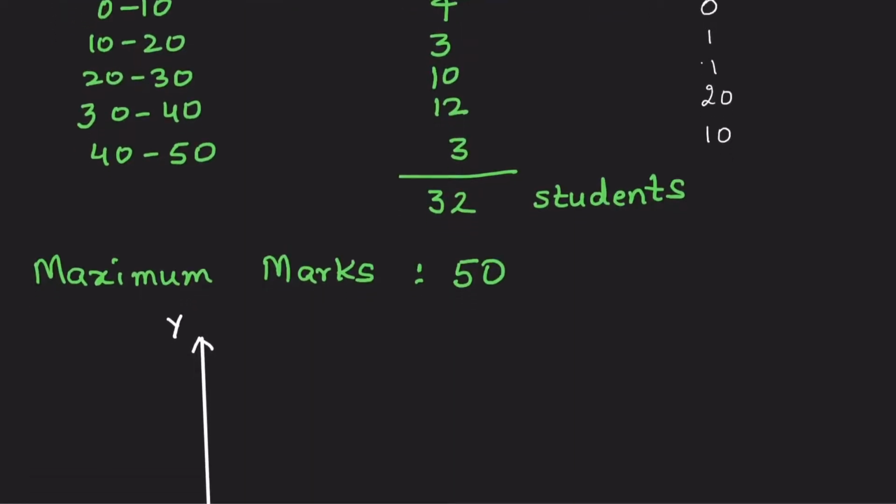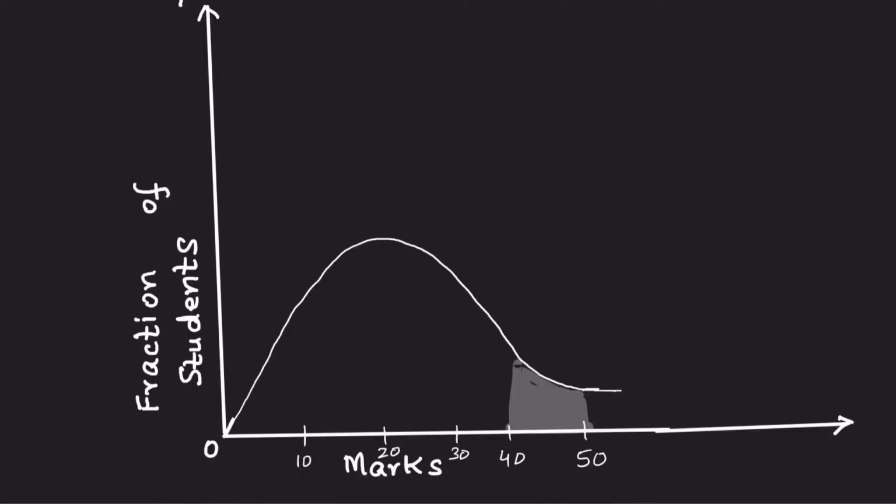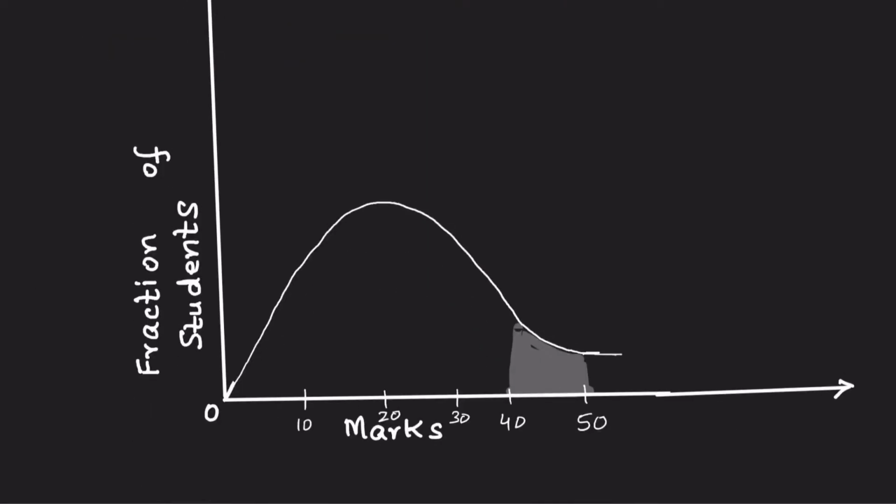So my graph is going to change over here, correct? So my graph would look something like this that I have drawn over here. Yes, this is all representing hypothetically. So what has happened over here is now there are higher number of students or more number of students who are lying in the range of 40 to 50, right? Now why am I talking about all this?